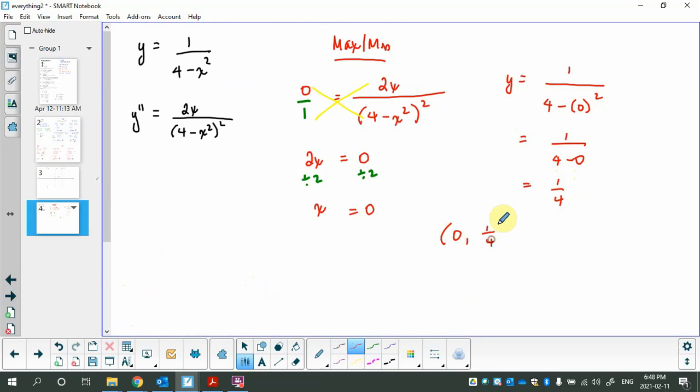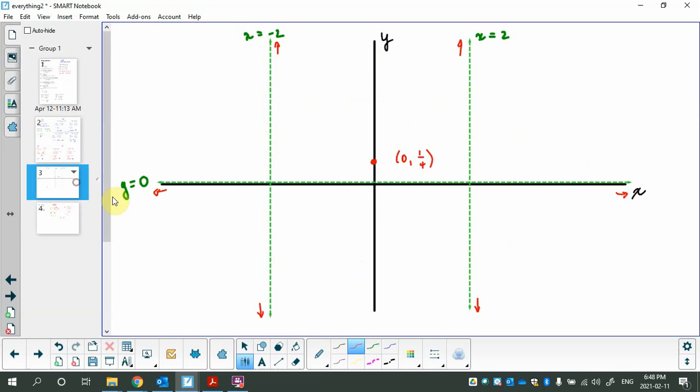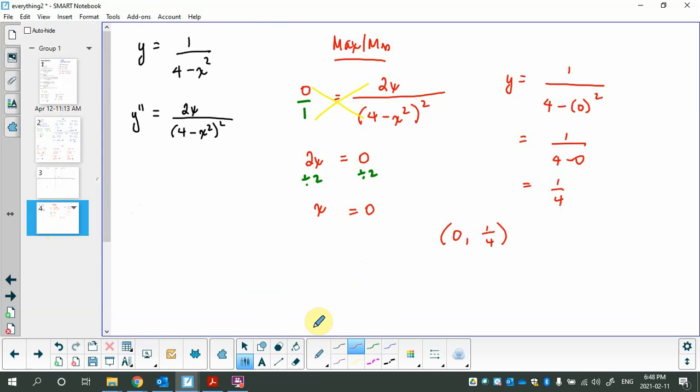Because I didn't just find the x-intercept, I found the y-intercept. So I already knew this point. In fact, it's already on the picture. Sometimes you get extra information, sometimes you don't. Now I have